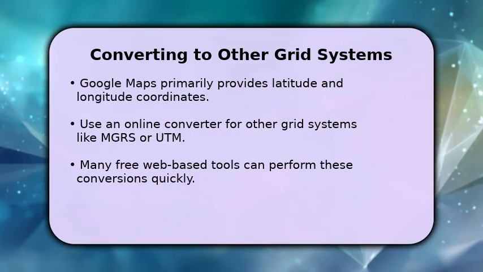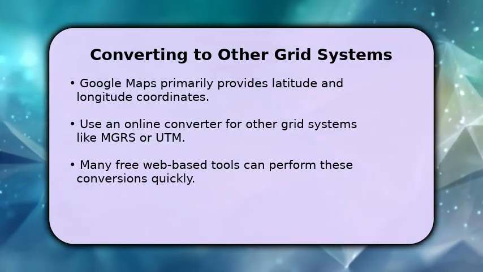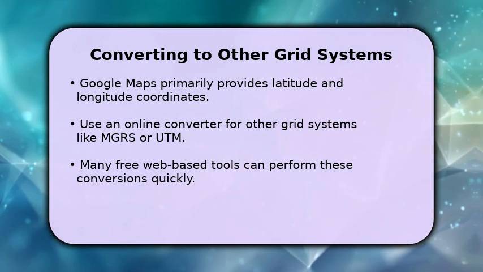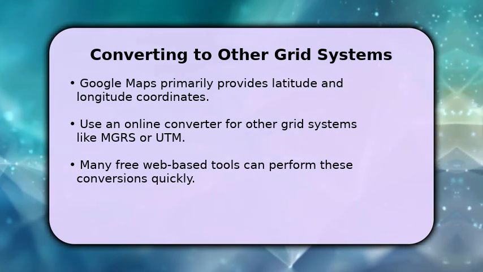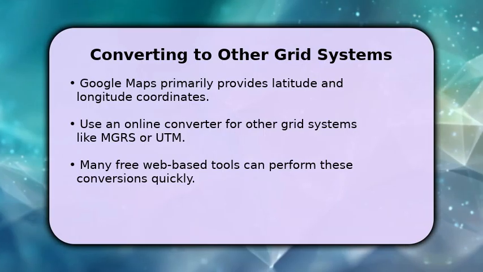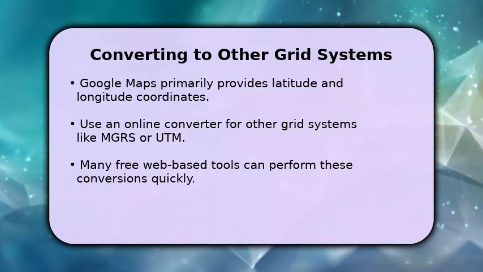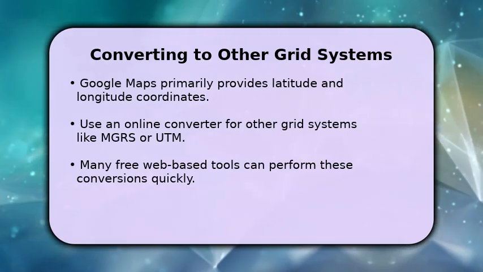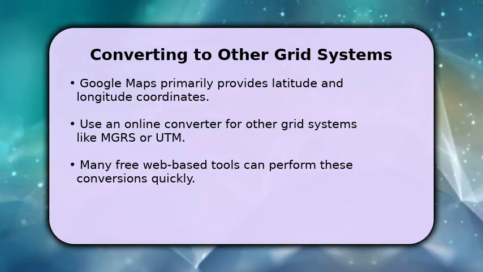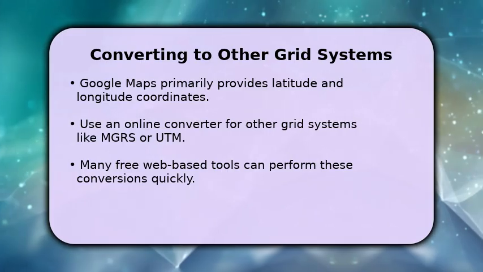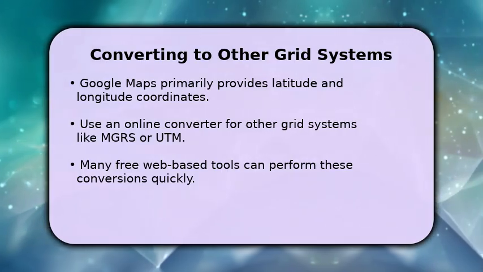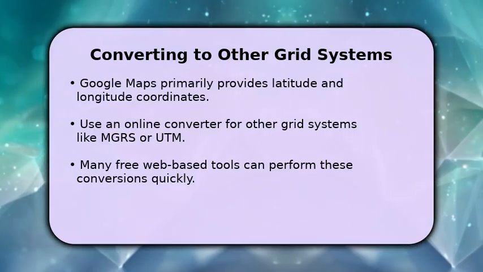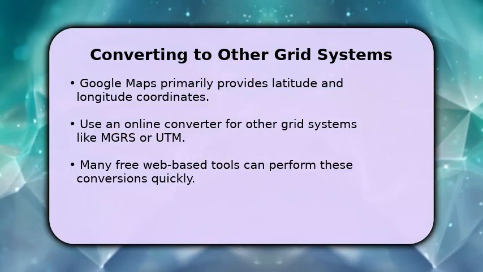While Google Maps directly provides latitude and longitude, you might need other grid systems like MGRS or UTM for specific applications. To achieve this, you will need to use a dedicated online coordinate converter. There are many free and reliable web-based tools available that can quickly transform your decimal degree coordinates into various military or universal transverse Mercator grid references, providing flexibility for diverse